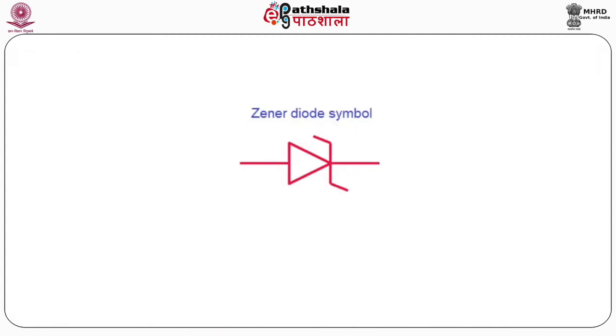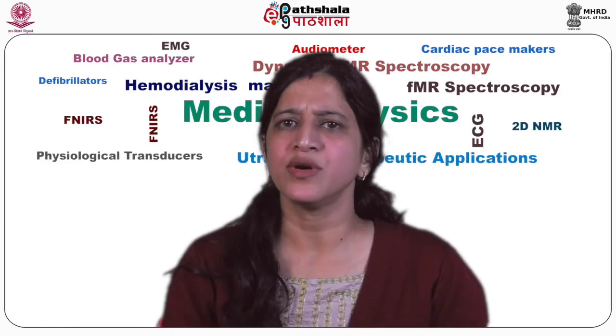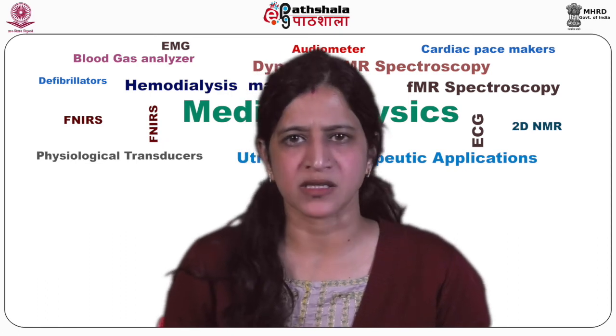So, describing more about the Zener diode, if you look at the symbol of the Zener diode, it is exactly similar to the normal PN junction diode. The only difference between the Zener diode symbol and a PN junction diode is that the line is a bit curved, in the form of a Z. So, basically a Zener diode has a feature where it works in reverse biasing.